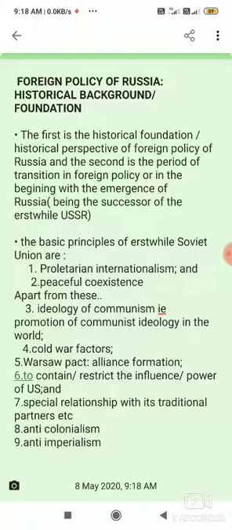seventh, to build a special relationship with traditional partners, that is the newly emerging third world countries. They wanted to establish a good and special relation with them. And